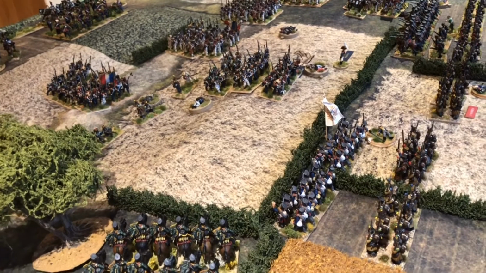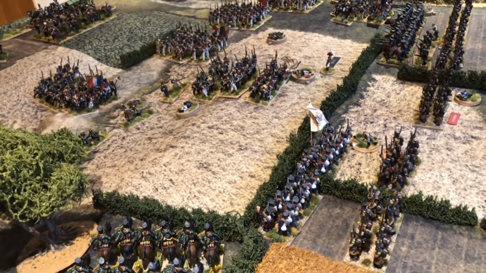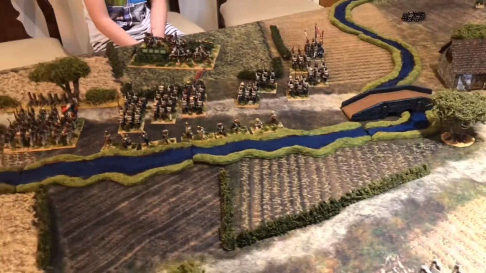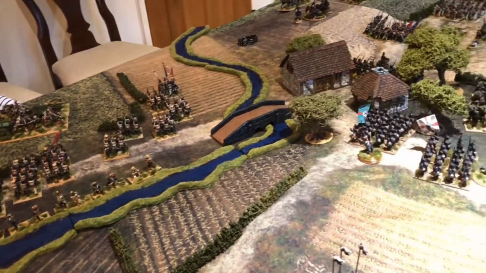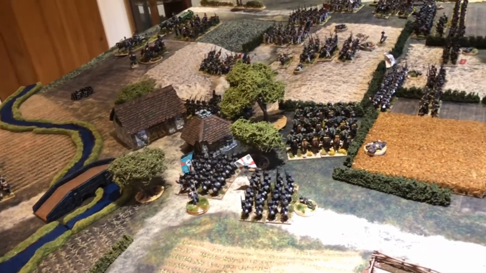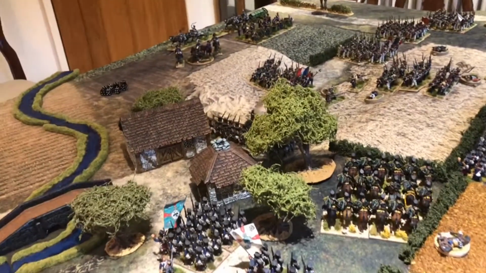So this Prussian brigade in the centre is also down to half strength. So with this one, French brigade is down to half strength. So with this one at half strength and this brigade destroyed, we're declaring Charlie the victor. They've held the stream at Wavre and held up and driven back Girard's flanking attack. Final view of the battlefield, and we'll see you again